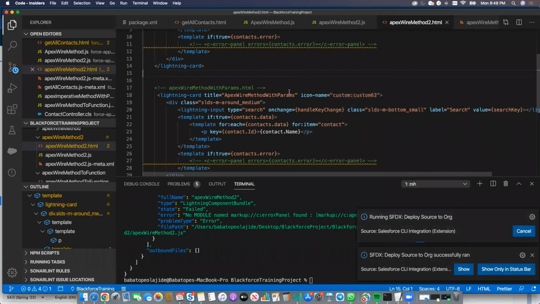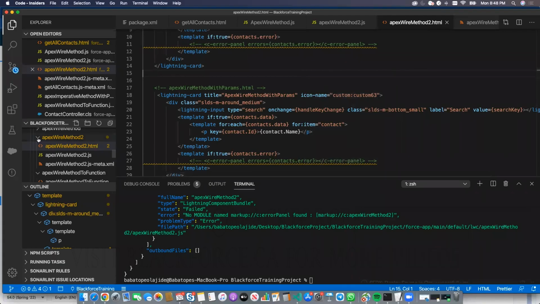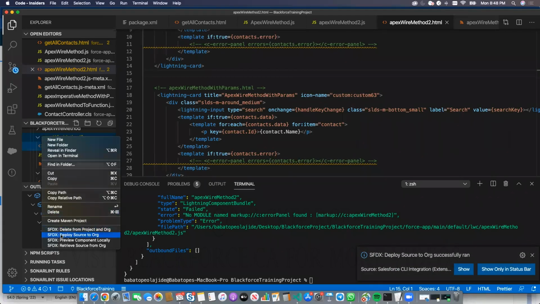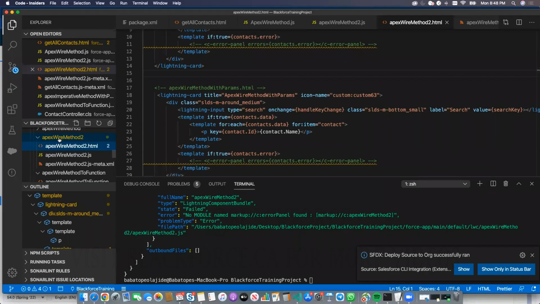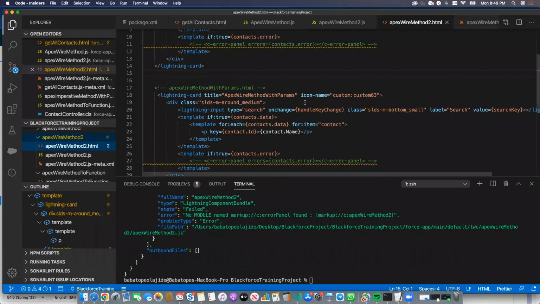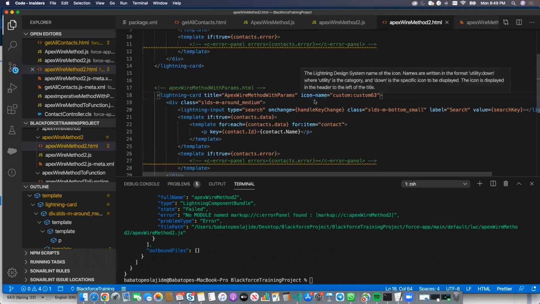You don't have to deploy it one by one. You can just go to the top of the folder and deploy it as well, okay? By deploying, I right-click on my mouse and I deploy it. The only reason why I can do that is because I have the Salesforce CLI installed on my system, because everything is literally a command line. But instead of you typing your command line, Salesforce gives you an easier way to deploy without typing in your command line, okay? So now that you have that,